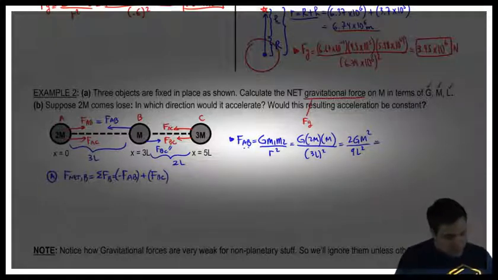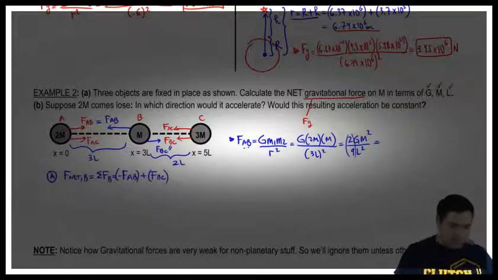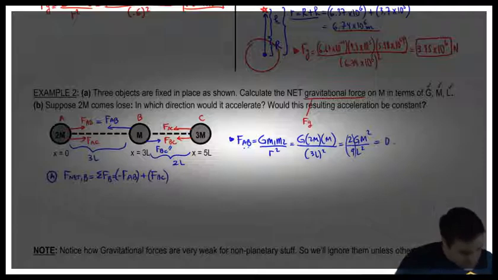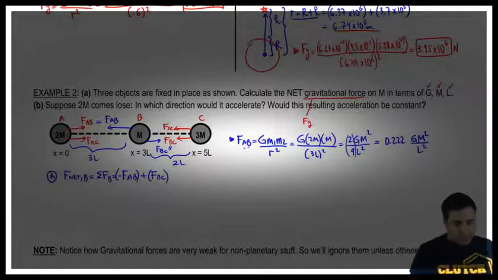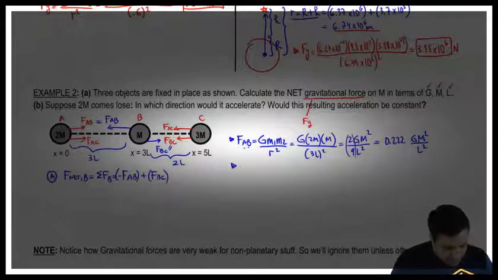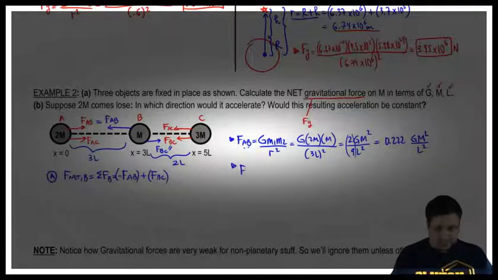If you want to, we can put this in the calculator, 2 over 9, and we'll see that this is 0.222 Gm squared over L squared. Okay? Let's leave it like this for now. Let's find the force between, and by the way, when we plug this in here, we're going to plug it in as a negative because it's going to the left. Let's now find